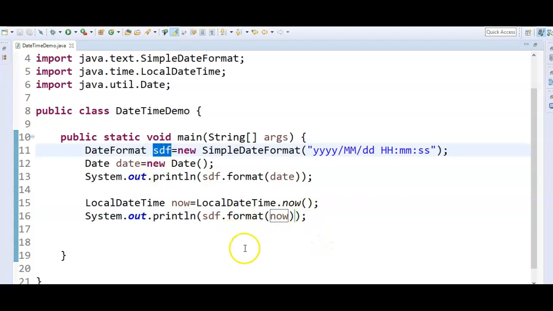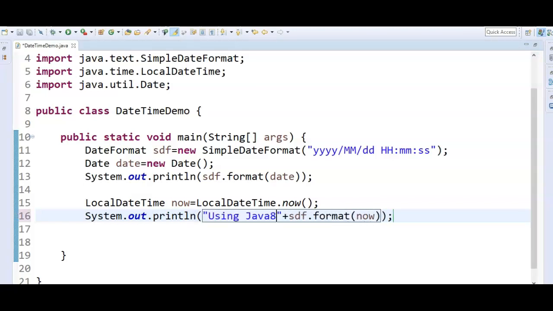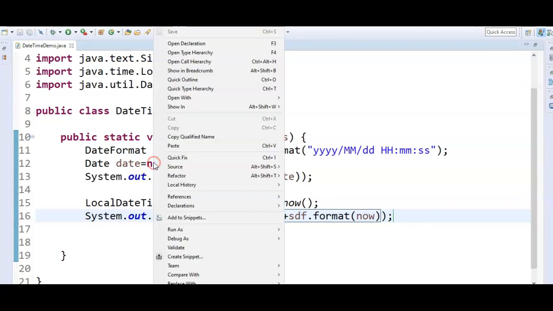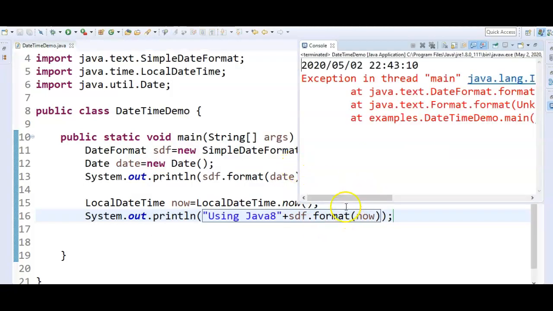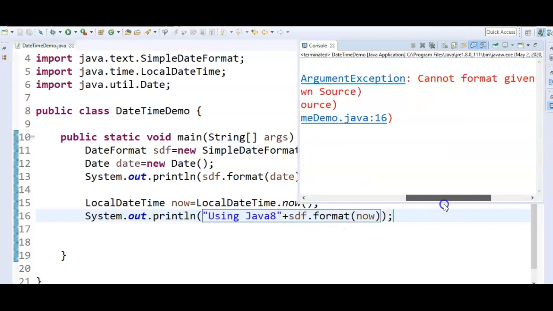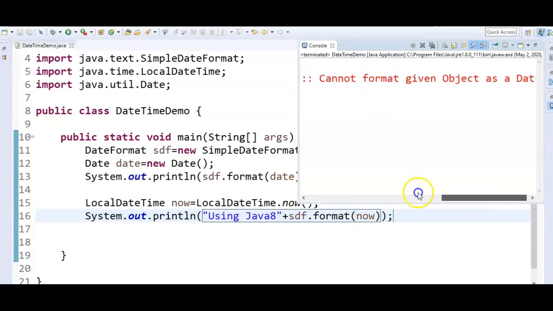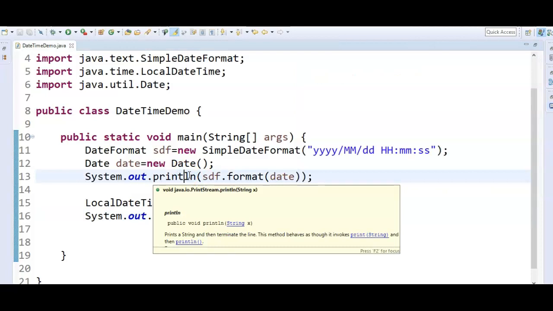Okay, so this is using Java 8. Using Java 8, how to print date time. Let's run the program and see the output. So if you see here, IllegalArgumentException, cannot format given object as date. So let's see why we are unable to format the object.